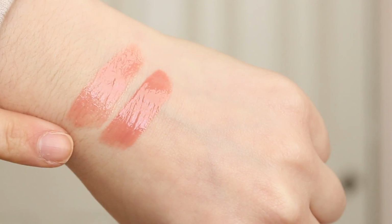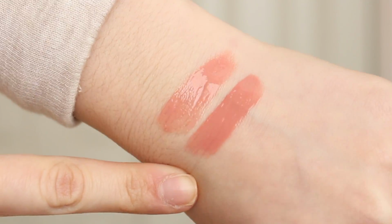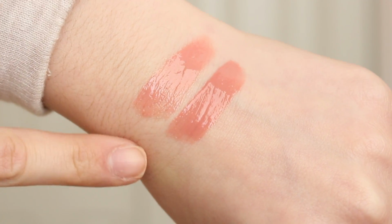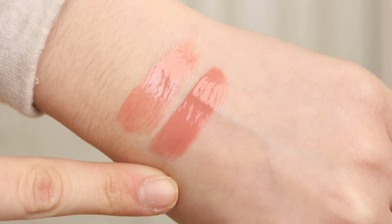Yeah, I just absolutely love this color. So there's Creme Brulee and there's Tiramisu. So you can definitely see how it's more pink, it's a lot darker, and I would say it's a little bit less sheer. Creme Brulee's more on the sheer side, and Tiramisu is a little bit thicker, more full coverage